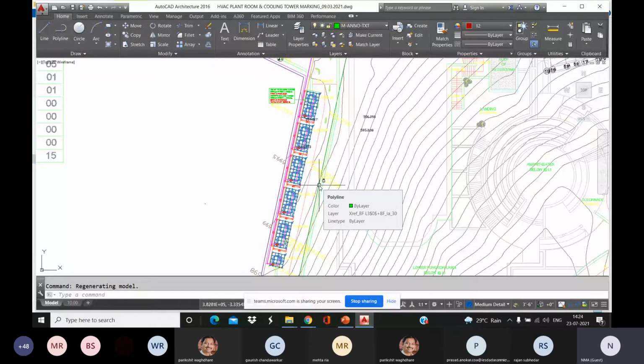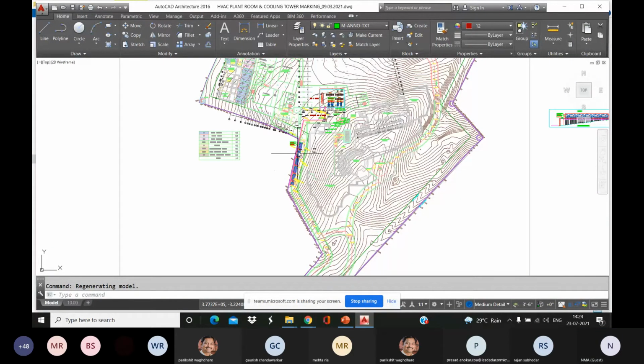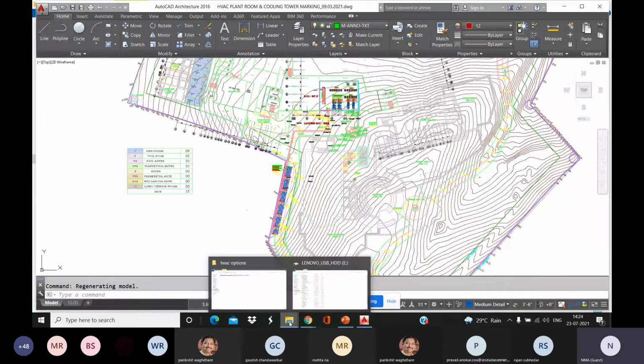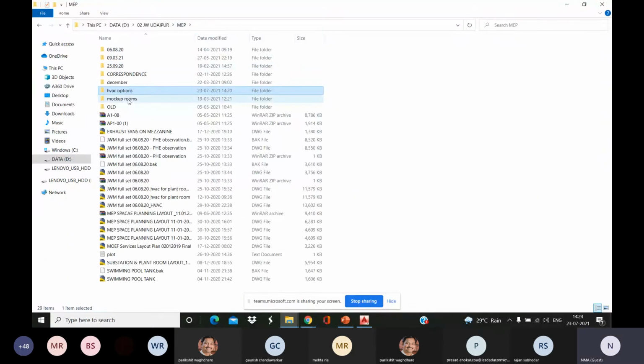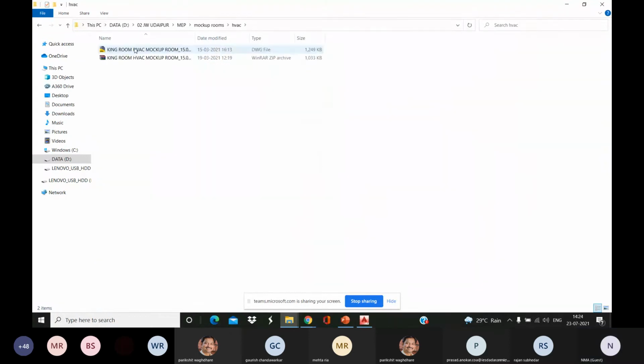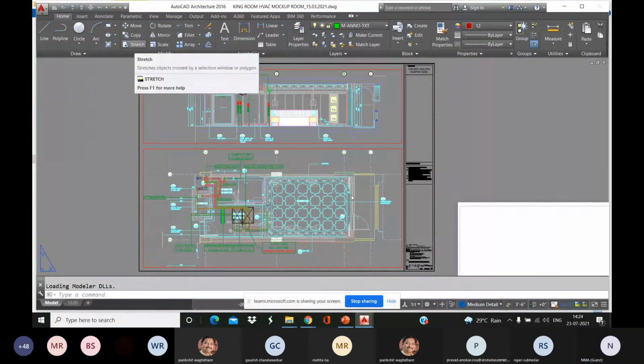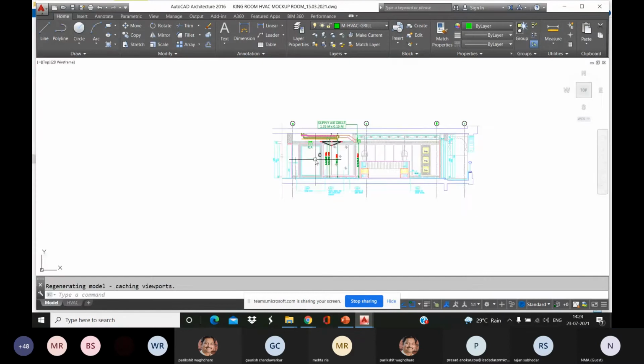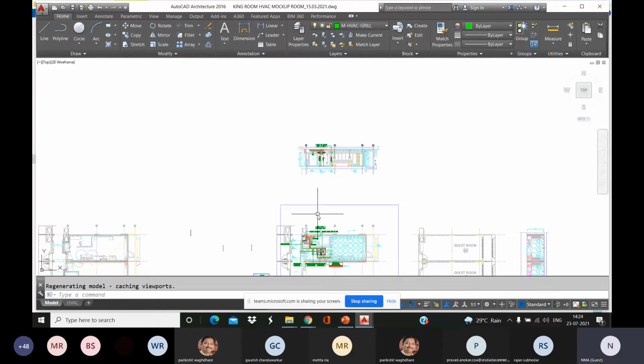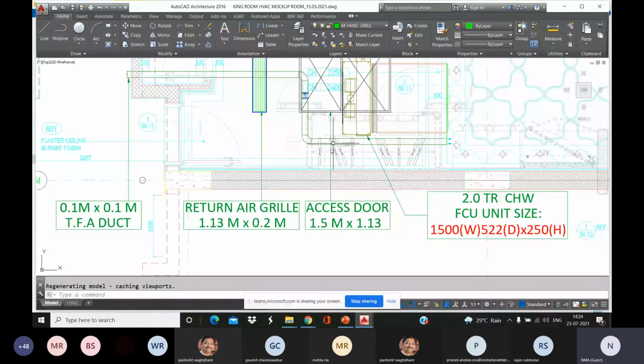It was a tough call to take, but that is something that we needed to take because of revenue generating areas. I would actually take these cooling towers and put them on the terrace. That is the best place for a cooling tower, on the terrace. I'll show you some more drawings. So when I said FCU, okay,